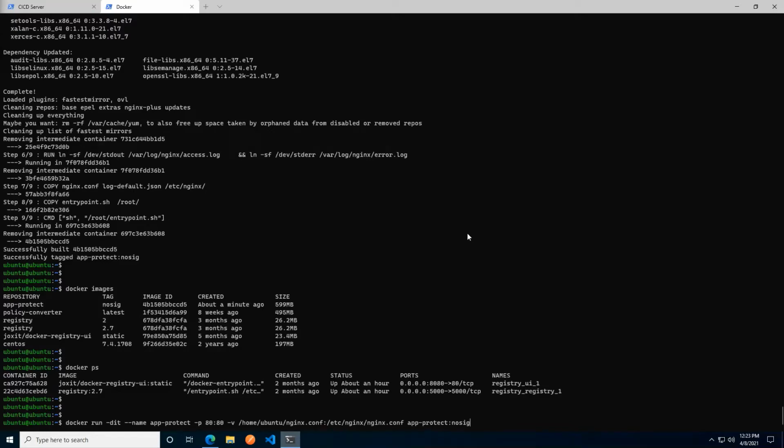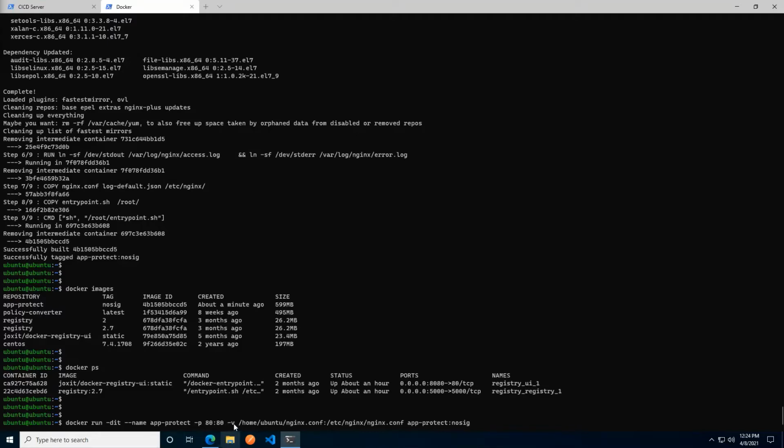Okay, so the docker run command, first we're providing it some flags. The -d specifically means that we're going to run this command in a detached mode, which means we won't step directly into the container. We'll just start the container and let it run in the background. We're providing it with a name, not a necessary step, but certainly a suggested step. And we're also setting up port forwarding. So we're going to listen on port 80 on the Docker host and forward all communications on that port into port 80 inside the container.